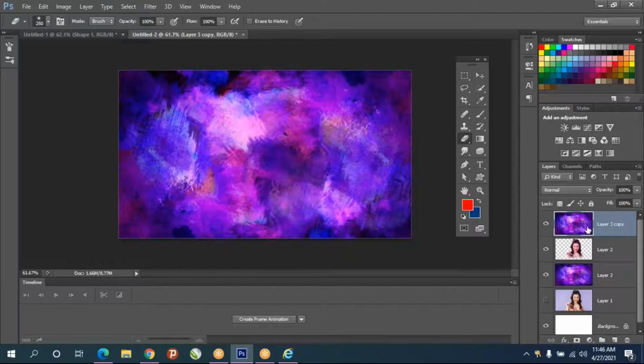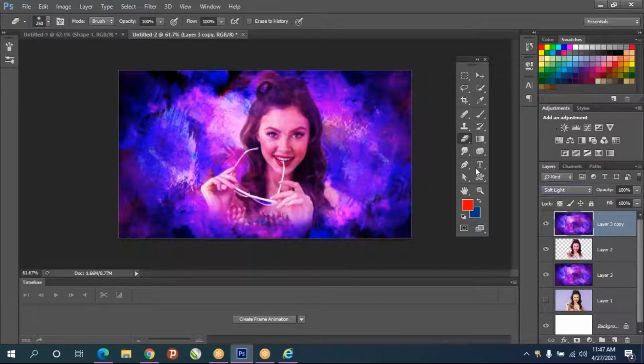This one I'll duplicate once again. I'll bring it to the top, apply soft light, and some part if you don't want, you can erase.